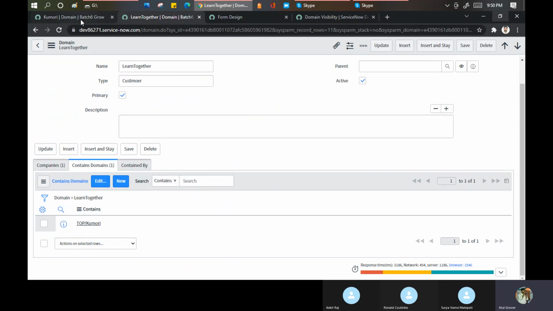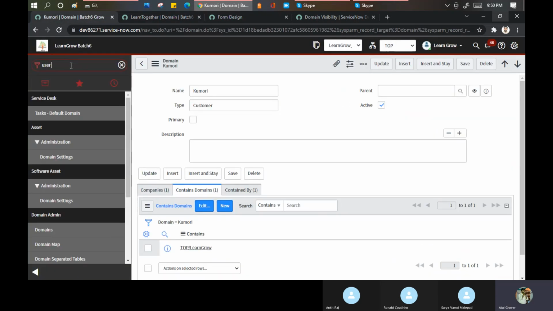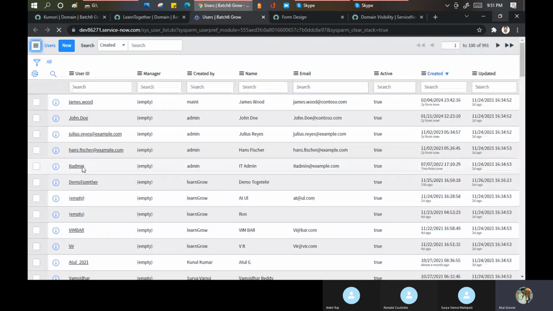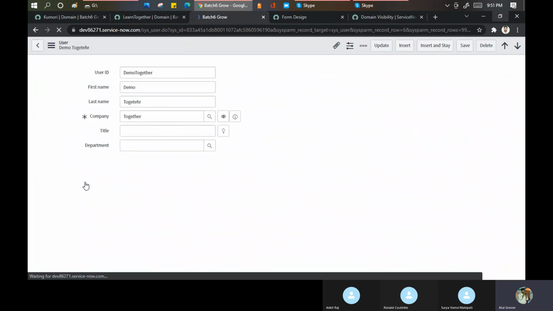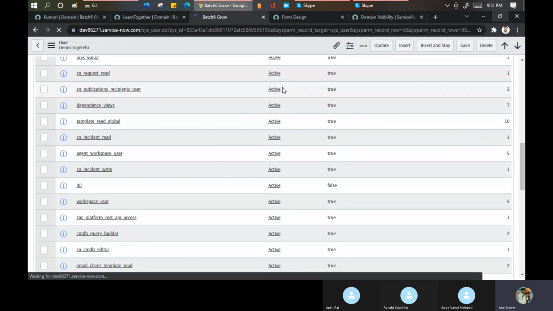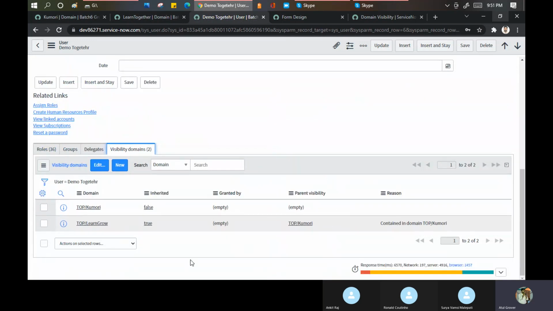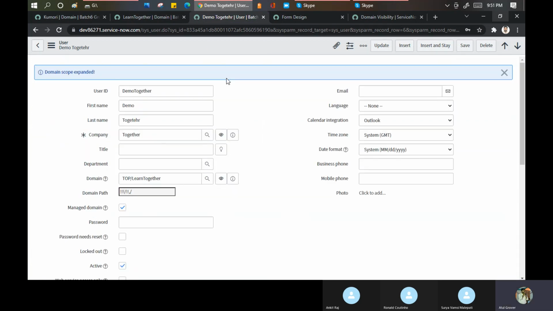Okay, now I go to the user side. Now if I go here, let me refresh, or let me put the toggle domain scope.